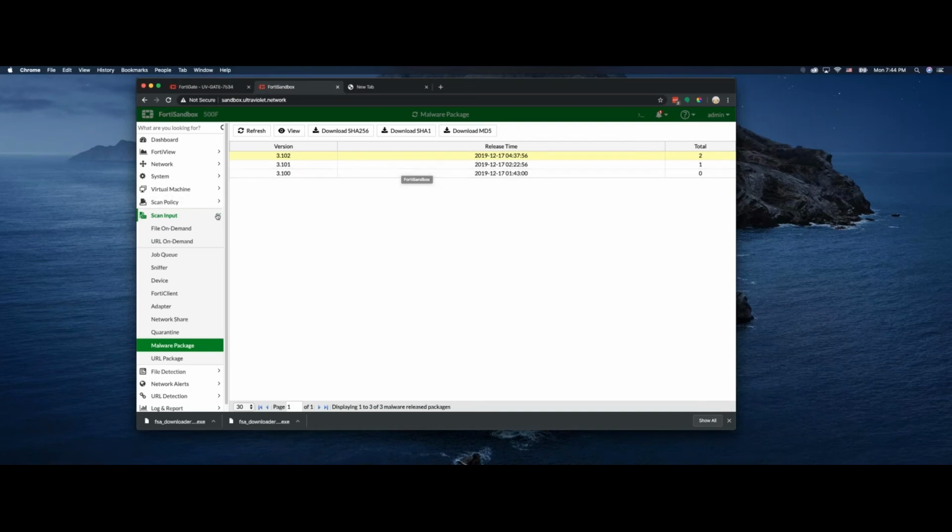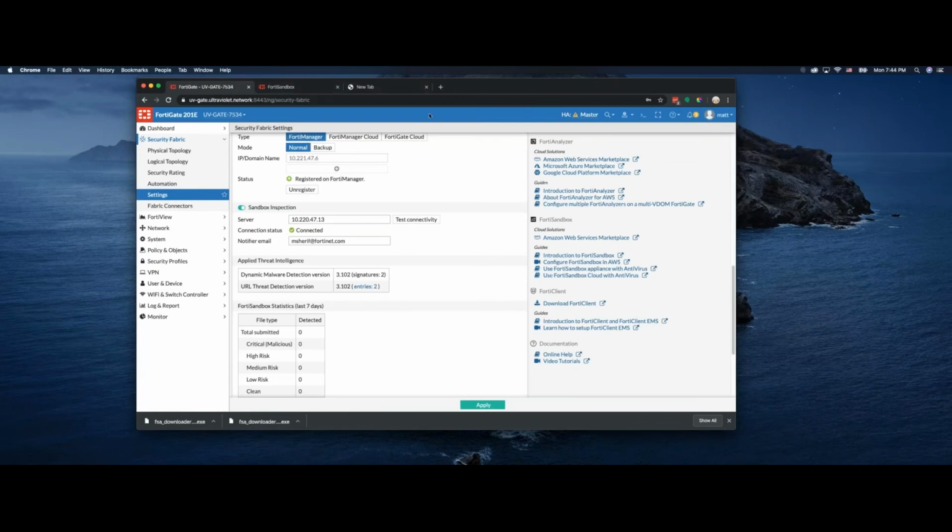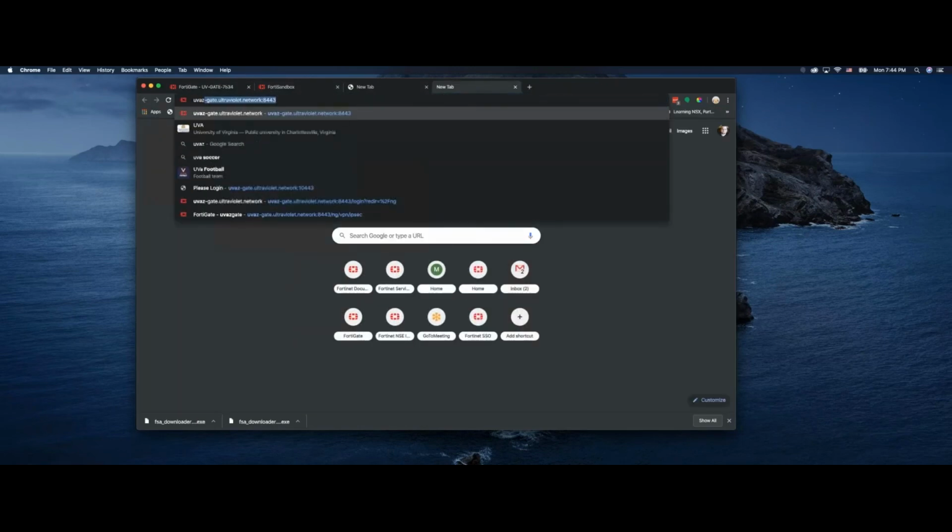I have mine configured to submit to FortiGuard Labs, so they'll probably analyze this further if this were a real threat, and they would issue a real patch or a real definition so that it gets propagated out. But in the meantime, my infrastructure is covered, and any input device into FortiSandbox now has this signature, and we can verify that. This is one FortiGate that I just used. I'm going to access another one,